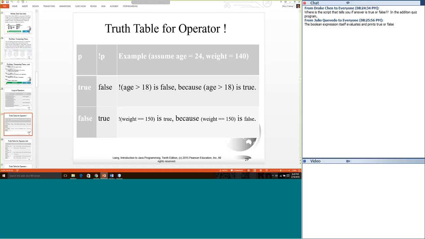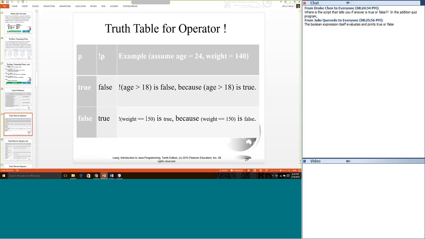We'll go with inside the parentheses first, and we're going to say age greater than 18. That is true. Age is 24. But we're going to take the opposite of that, the not of that, and that true becomes a false. And there's your explanation. It's false because age greater than 18 is true, and we made it the opposite.